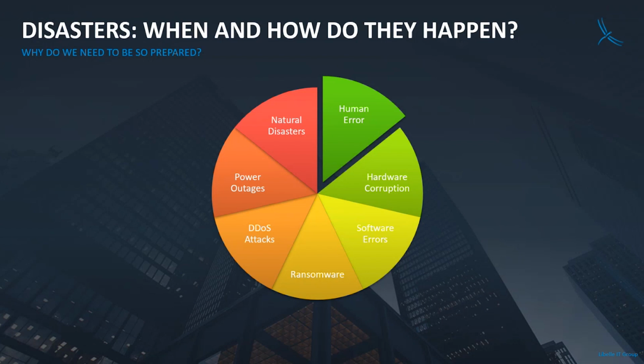DDoS attacks are happening, and then there are some causes outside human errors or hardware or software errors, like power outages, which can happen anytime. Natural disasters like floods and earthquakes can also happen anytime, and they can cause serious disaster issues on the data center